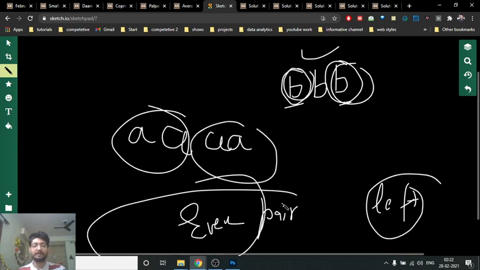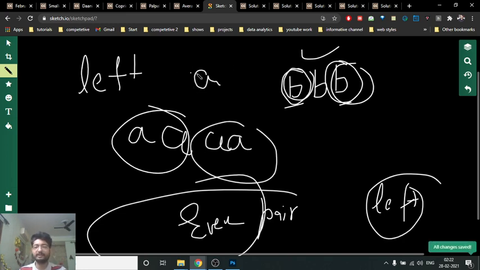Okay, so now my main goal is, you'll just take out the left out part, because the left out part will always be in the middle of anything, and then you can just cover it out with the even parts, as you can see, BB, CC, and so on. So you just have to ensure how many even pairs there are. An even pair means that the length is greater than or equal to 1, obviously.